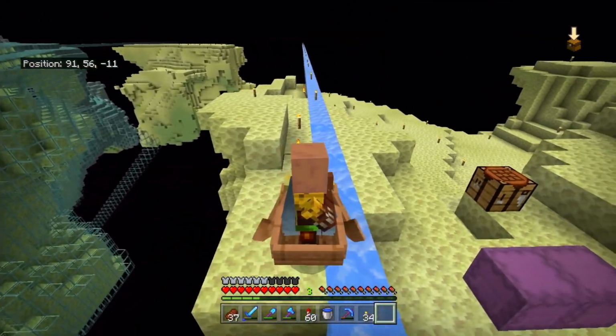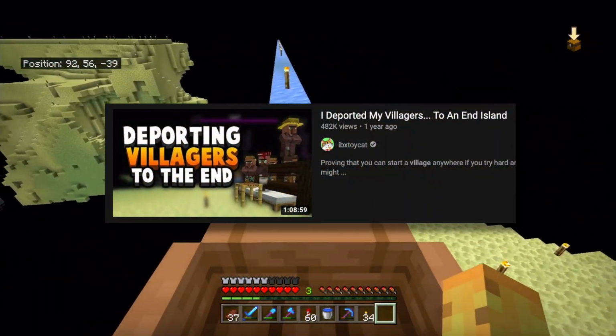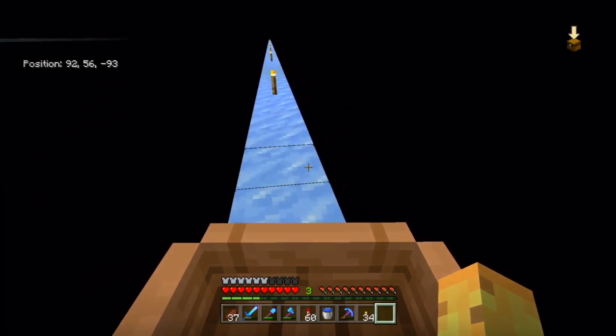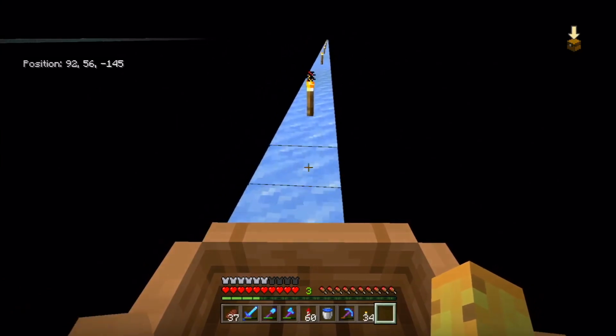Anyway, by repeating the steps that you found in a previous video by this great guy called IBX Toycat, you too can get a jungle villager all the way out to your end island. I recommend using a packed ice highway, or ice in general of some form. If you really wanted to, you could use any block and just slowly row it, but again, I'm a big